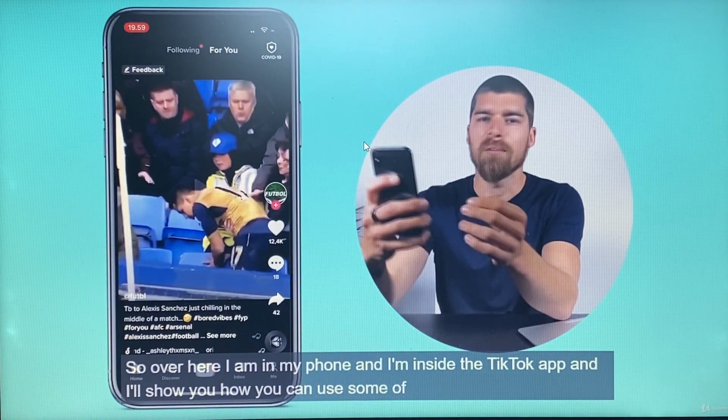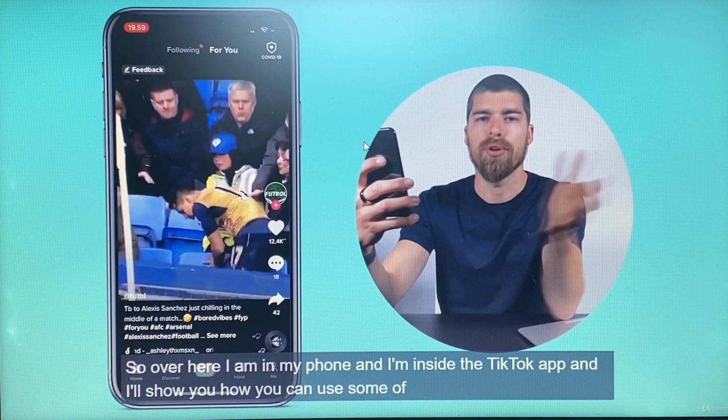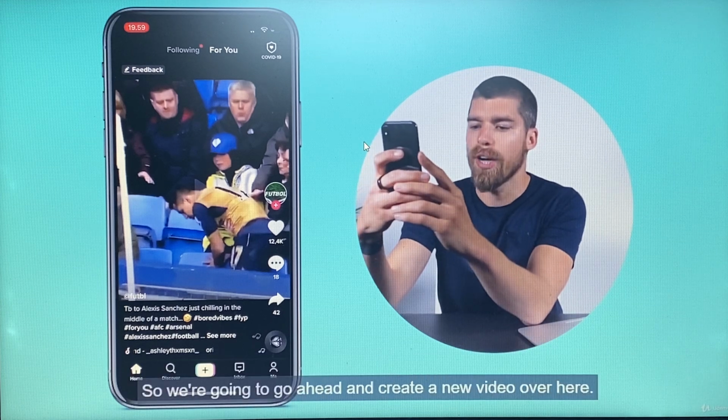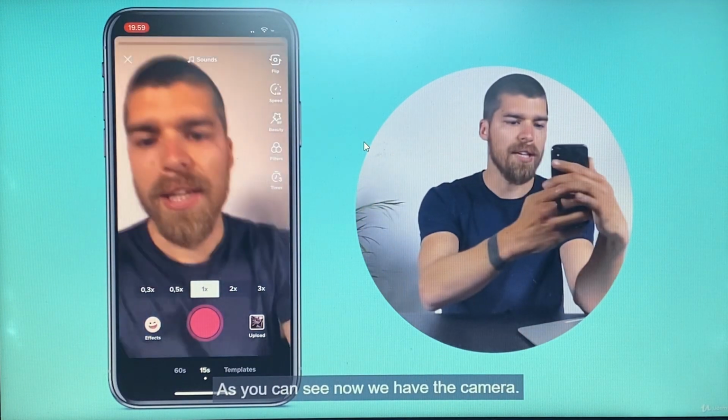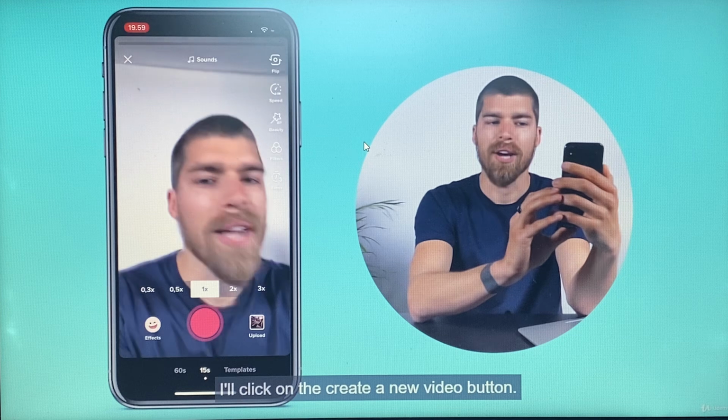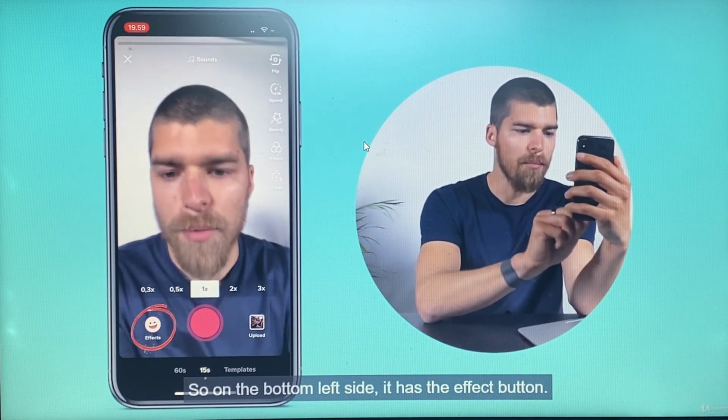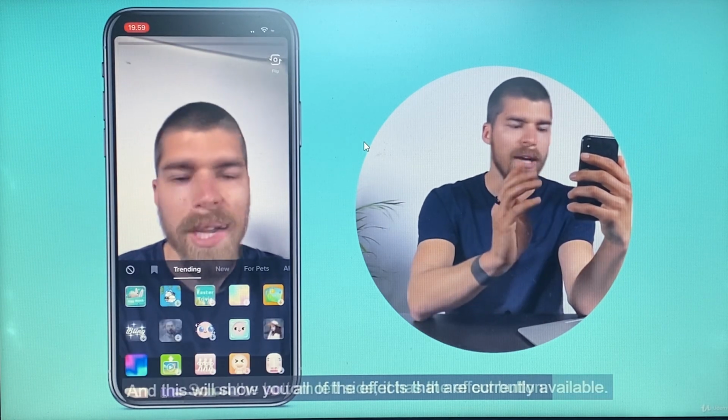So over here, I am on my phone, inside the TikTok app, and I'll show you how you can use some of the effects. So we're going to go ahead and create a new video. As you can see, now we have the camera. I've clicked on the create a new video button. On the bottom left side, there is the effect button, and this will show you all of the effects